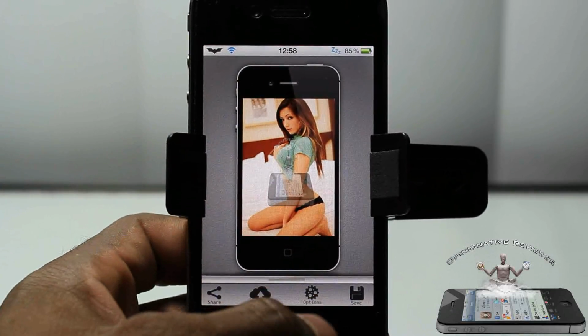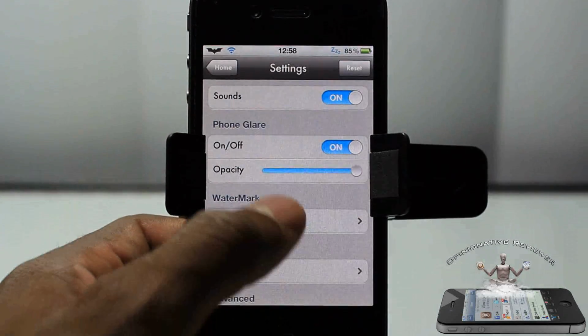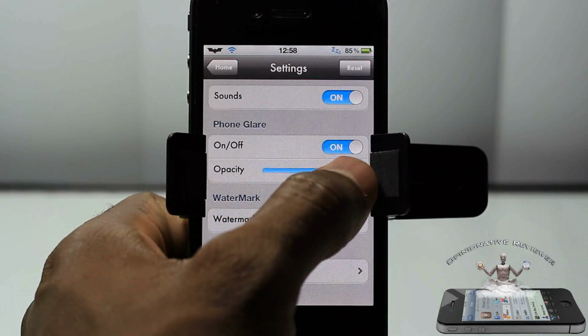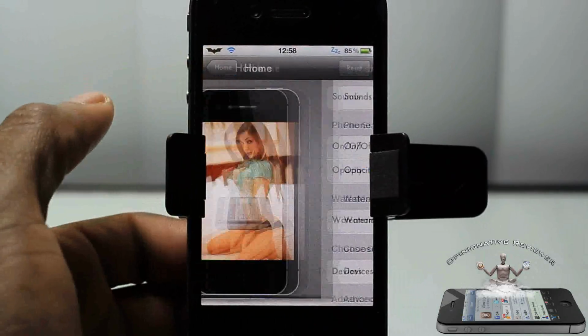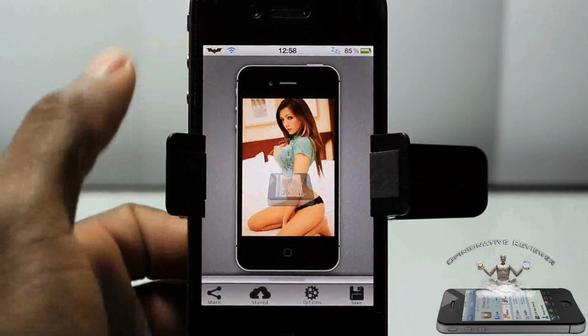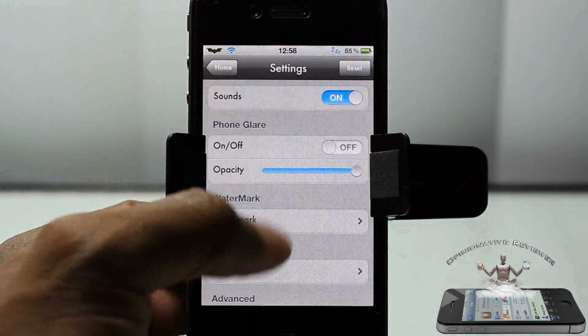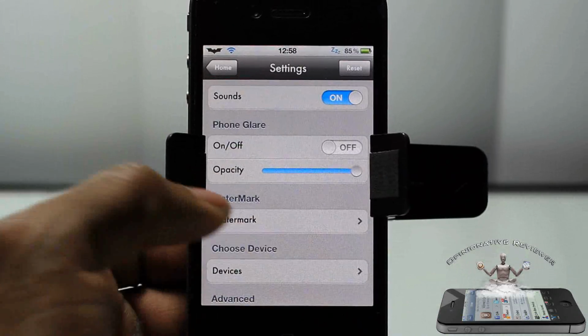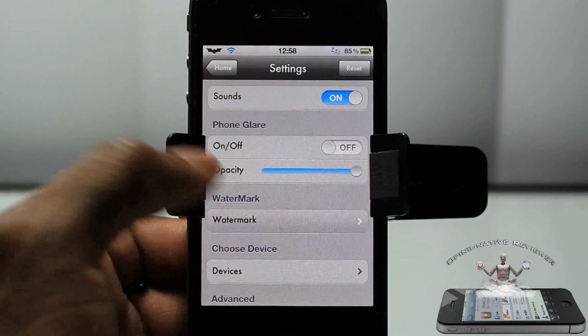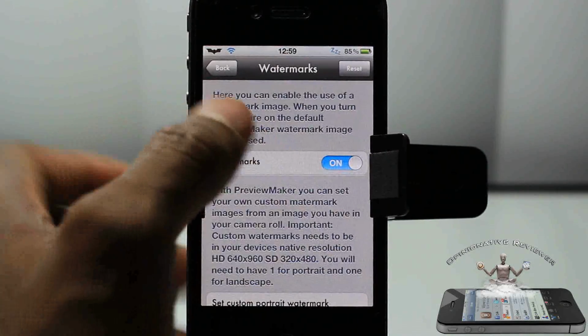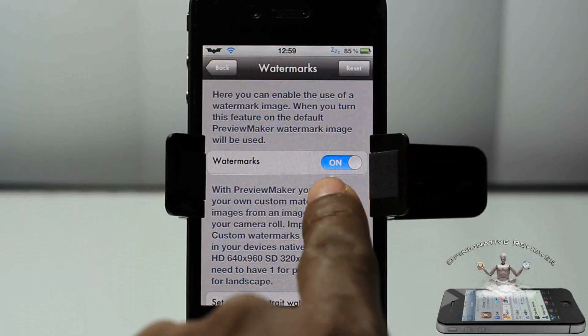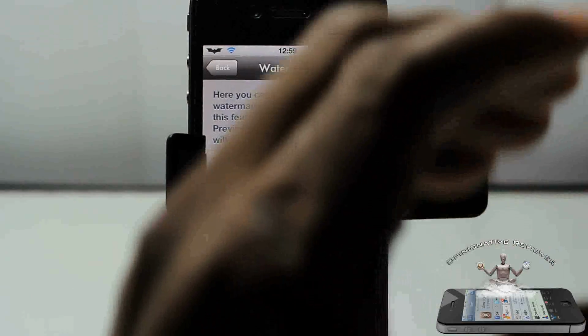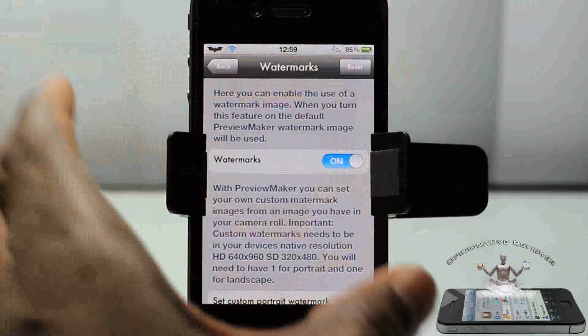So I can go into my options right here. You can adjust the opacity of the iPhone glare, or you can take off the glare, so you see no glares there. I'm just going to leave it like that. This is what I told you about the watermark. So I can put the watermark. The moment you enable this, it's going to use the default watermark of PreviewMaker,